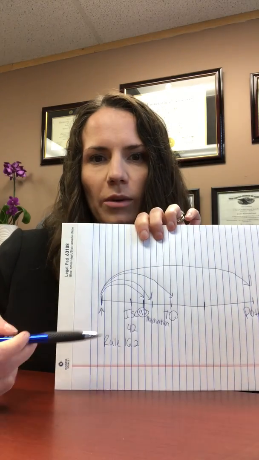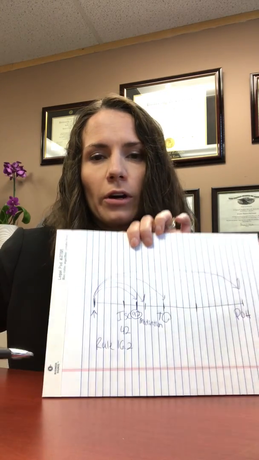Something I did mention is your financial disclosure. So at this 42nd day initial status conference, if they're not done already, the court is going to require that you do 16.2 disclosures. I call them Rule 16.2 disclosures. That's the statute where you find the requirement for the financial disclosures. What Rule 16.2 disclosures means is the court requires you and your opposing party to give a full financial disclosure. So all your tax returns for the last 3 years, pay stubs, all your bank accounts, all your retirement accounts. We need a full picture of what's going on financially in your marriage.